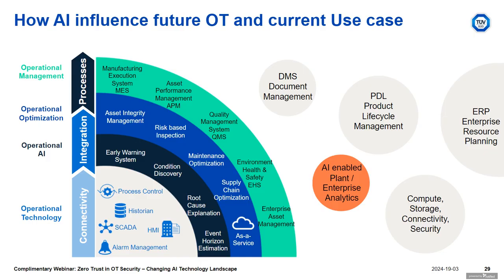So if you see operational technology connecting with operational AI, it is definitely formulating operational optimization on your left-hand side. And when you achieve this operational optimization, operational management is the main outcome. In the management green space, what you're seeing is the MES system, asset performance management system, and QMS. All these are interconnected. So with this slide, I will conclude my message on how AI is also influencing the OT landscape and should be seen in conjunction when performing any risk assessments.